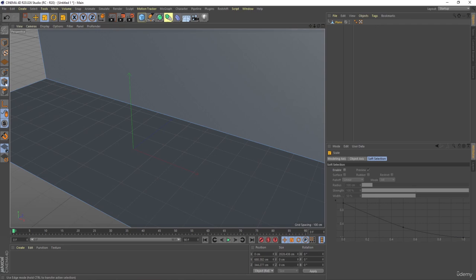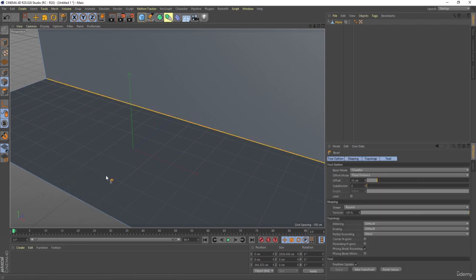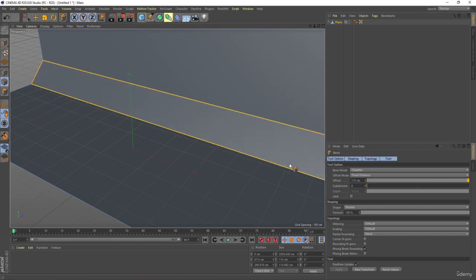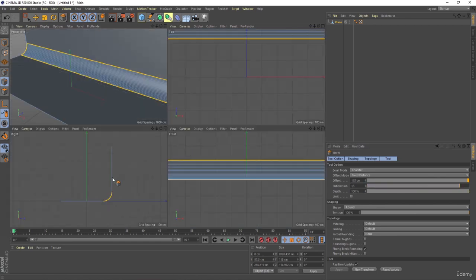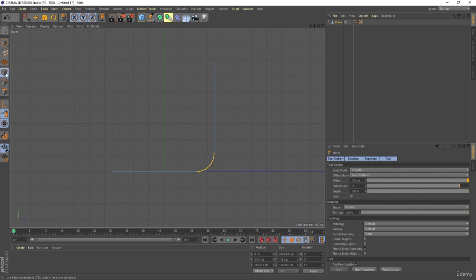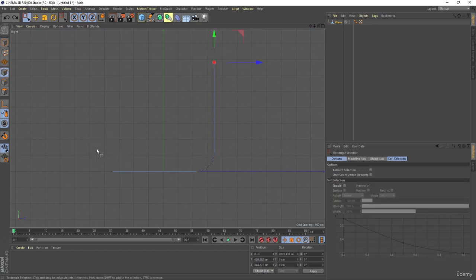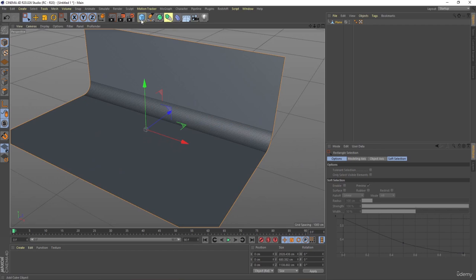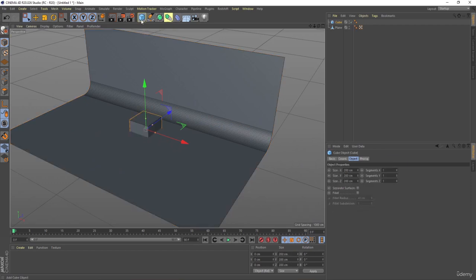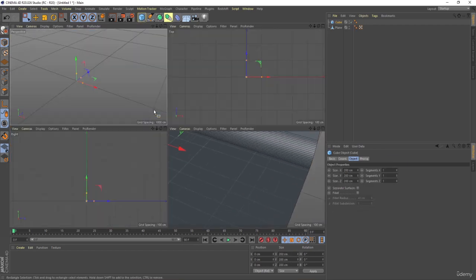Now I'll select this edge tool. I'll select this edge, right click, and I'll choose bevel, and I'm going to increase the bevel, and I'll also increase the subdivisions. Then I'll go to my right view. I'll select my points and I'll select the rectangle selection tool and I'll select this point and I'll move this over here. So now I'll get this kind of shape, and I'm going to enable my cube over here like this,